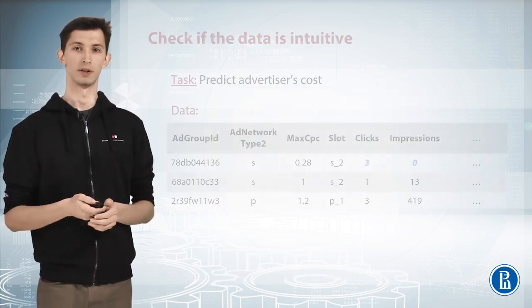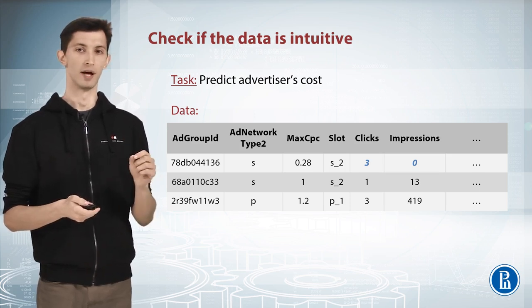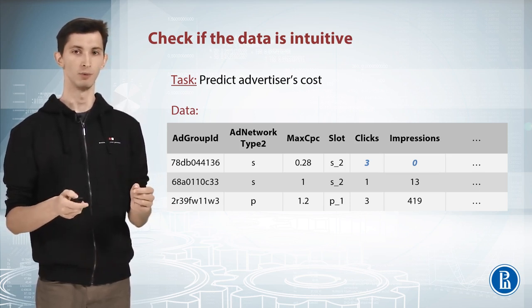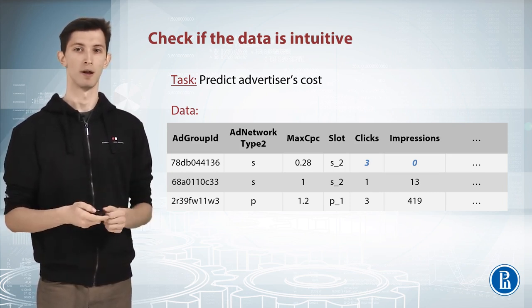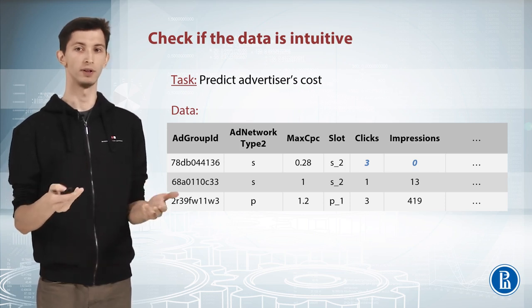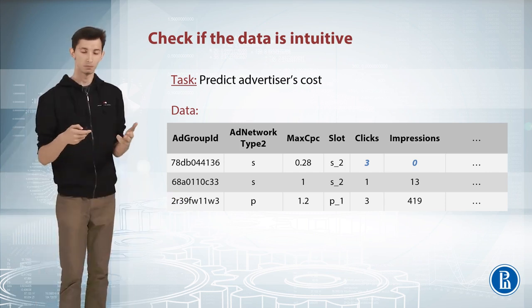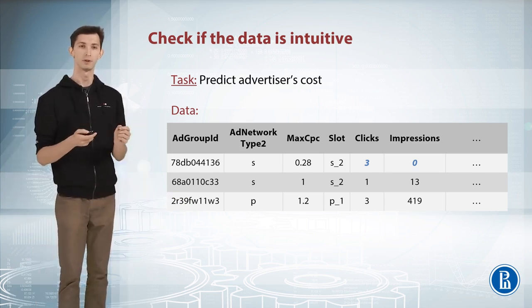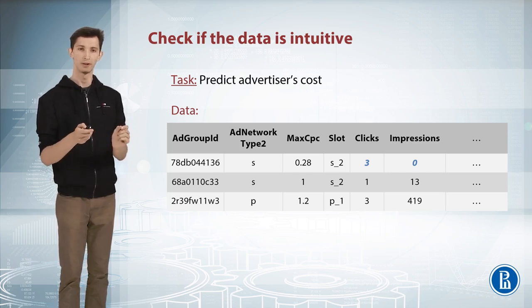Now, take a look at our Google AdWords dataset. We understood that the values in the clicks variable should be less or equal than the values in impressions column. And in our case, in the first row, we see 0 impressions and 3 click events. That sounds like a bug, right? In fact, it probably is, but differently to the example with person's age, it could be rather a regular error